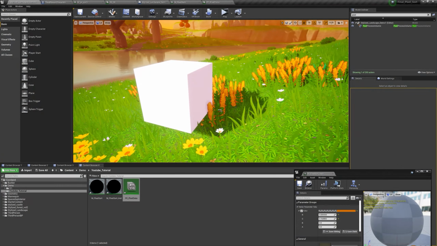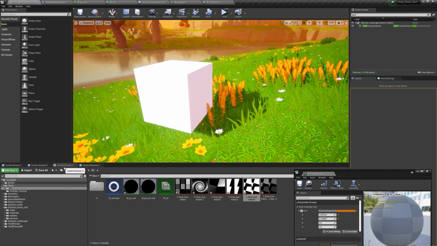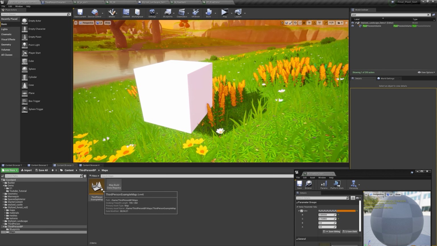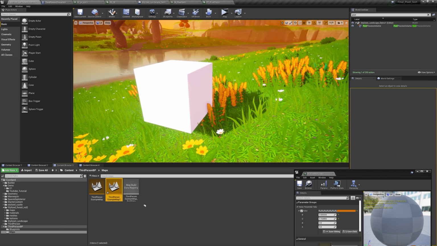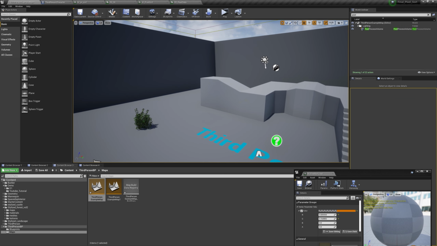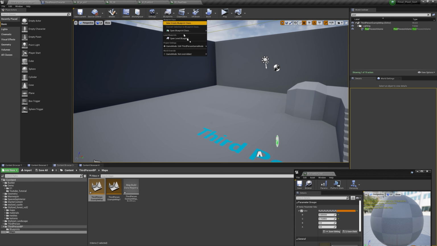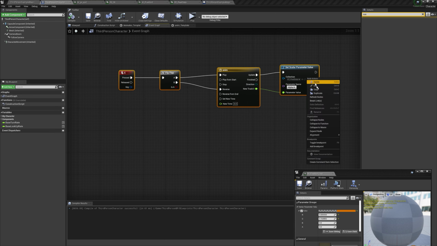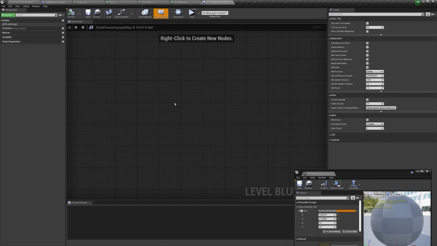So now in order to change the map, I will just open a different map. I will open up the third person map, and before that I will just duplicate this and open this up. So I have a map like this. I will just delete all of this, and here I will open the level blueprint and copy all of this, paste it here,